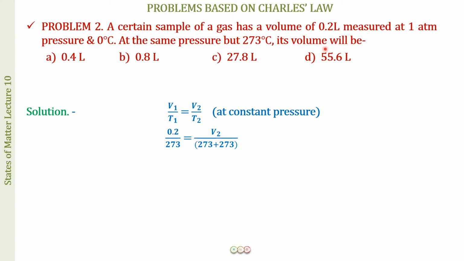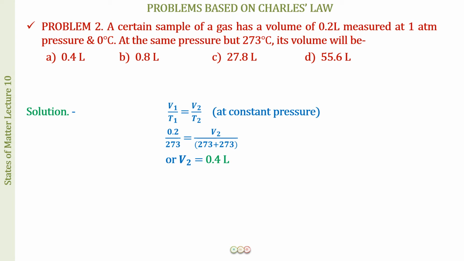Now the temperature, you have to remember that you have to convert it into the Kelvin scale, otherwise it will be wrong. So 0 degrees Celsius is going to be 0 plus 273, so we will have this as 273. Then it is going to be V2, which we have to find, and the temperature is 273 degrees Celsius. So add 273 to this as well, and the volume that you will get is going to be 0.4